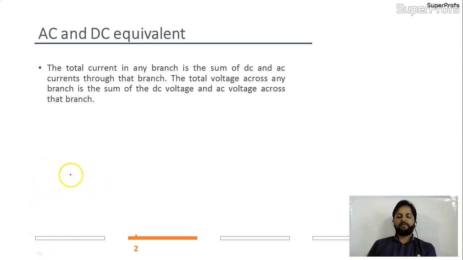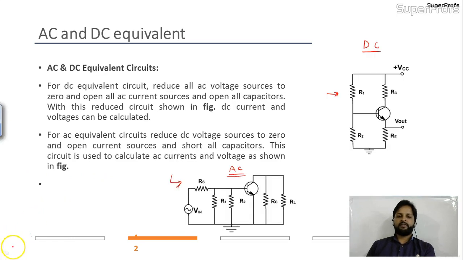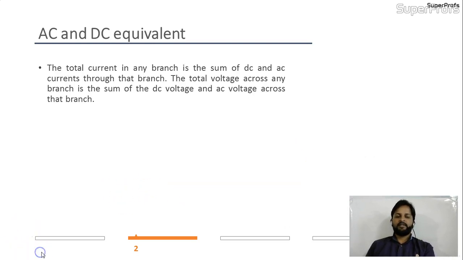But before that, let me finish this theory part. We have completed till now in the last video. So for the AC equivalent circuit, reduce DC voltage sources to 0, open current sources and short all capacitors. This circuit is used to calculate AC currents and voltages as shown in the figure. I think this part is over. Now let's come to the